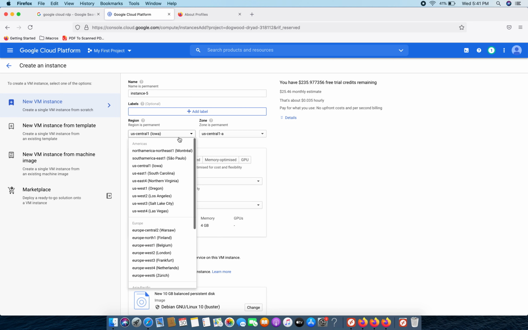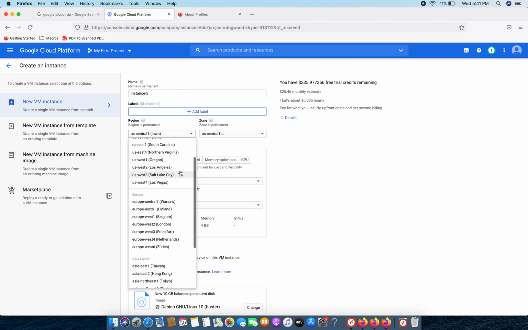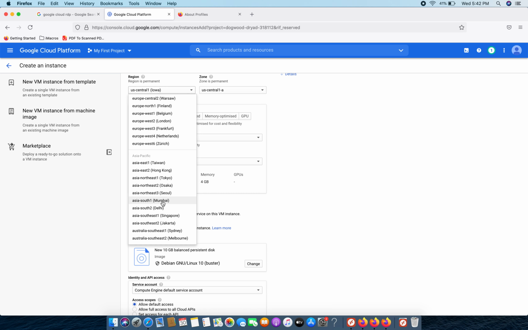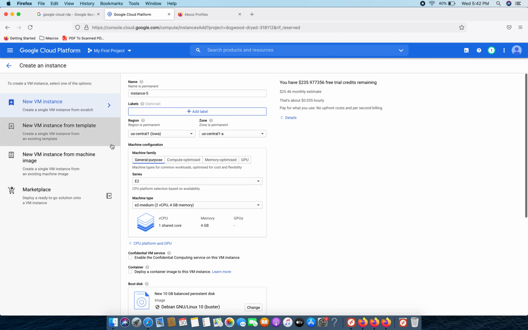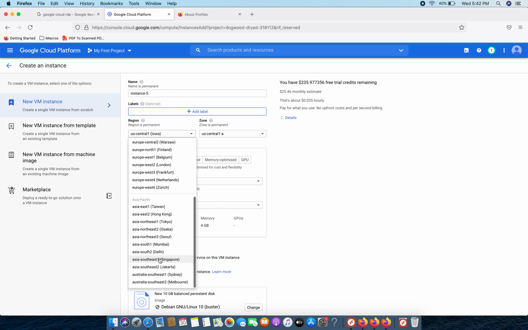So here I'll select the region, like in which region I want this server. I'm from Pakistan and India is near me, India is the closest country, so the pings will be much lower and I will get the maximum speed as possible. So I will click on Mumbai. But if you are from something like Canada, then you will click on US, because US is near to Canada and the pings will be much lower and you will get maximum speed with no drops. So I will click on Mumbai